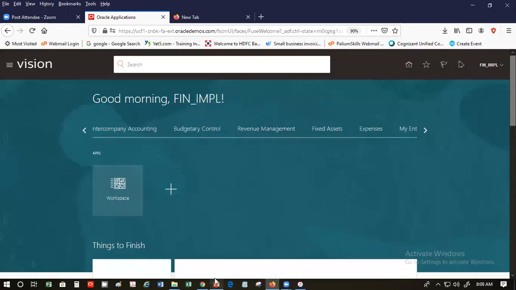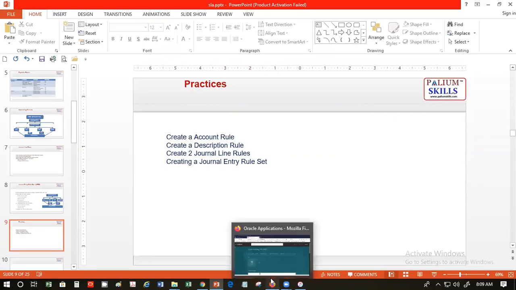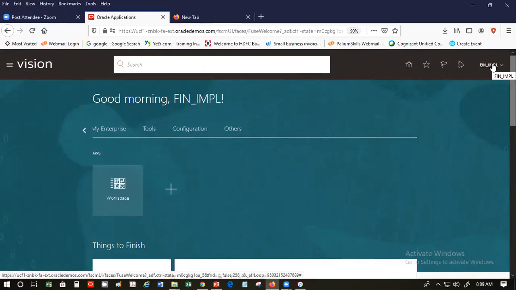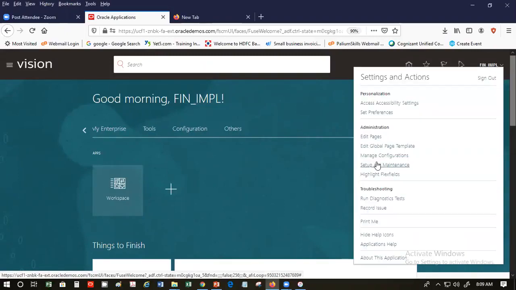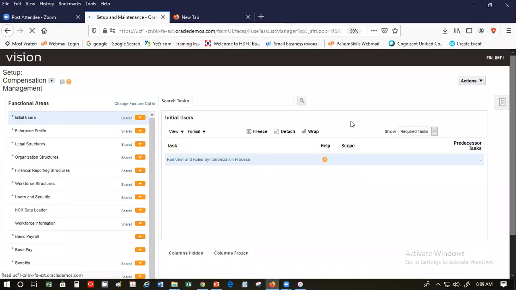So these are the practices that we'll be looking at: defining an account rule, a description rule, two journal line rules, and finally the journal entry rule set. Now, when we are defining the accounting rule, we'll have to go to the setup maintenance. Okay. So once we come here,